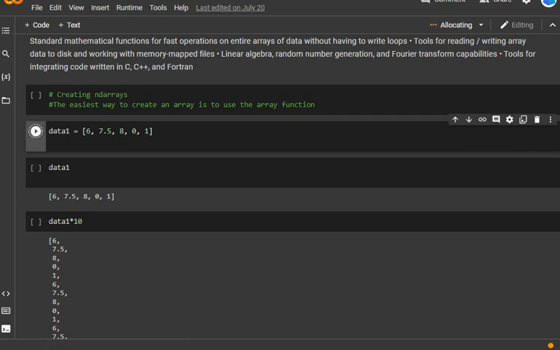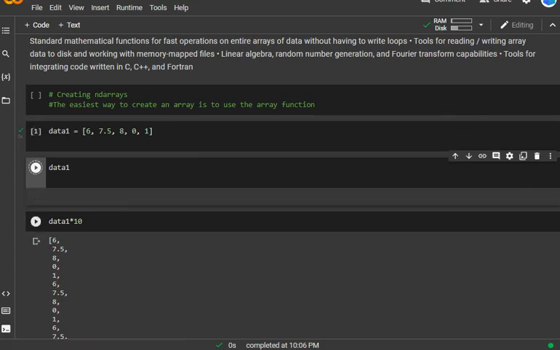Data1 works this way, and next we can print data1. Look, it is working, and you can print it this way.